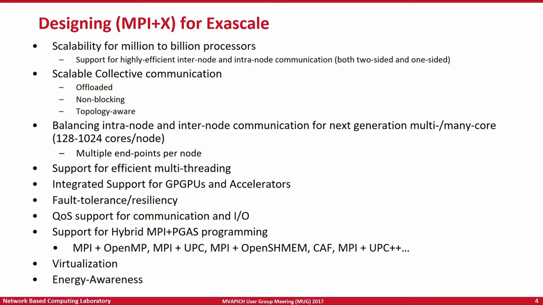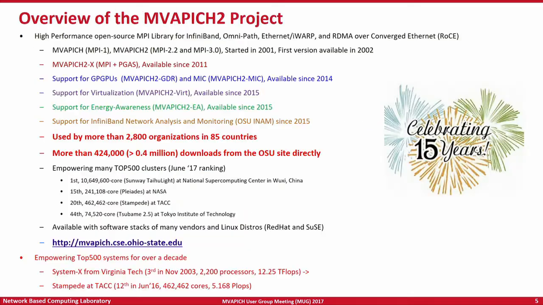And all of you know about MVAPICH, so I'm not going to go over the slide again. This is the overall architecture of the MVAPICH2 software family. So we support message passing, the PGAS models, as well as hybrid MPI plus PGAS models. And these are the various designs that we have done inside MVAPICH2 to deliver high performance to all of these higher level programming models. And these designs use different support from modern networking and multi/many core architectures.